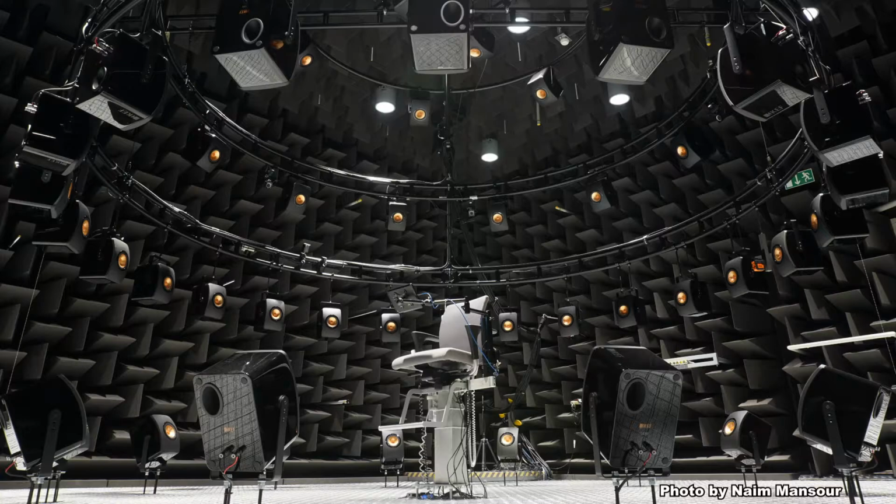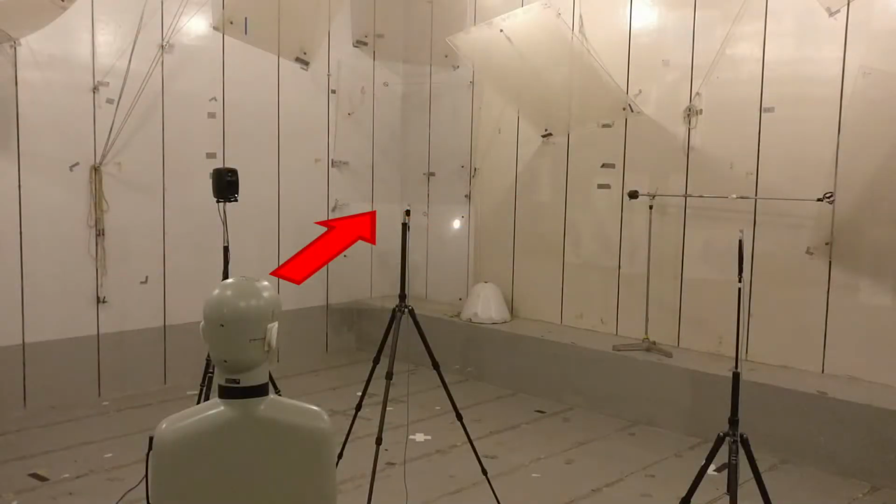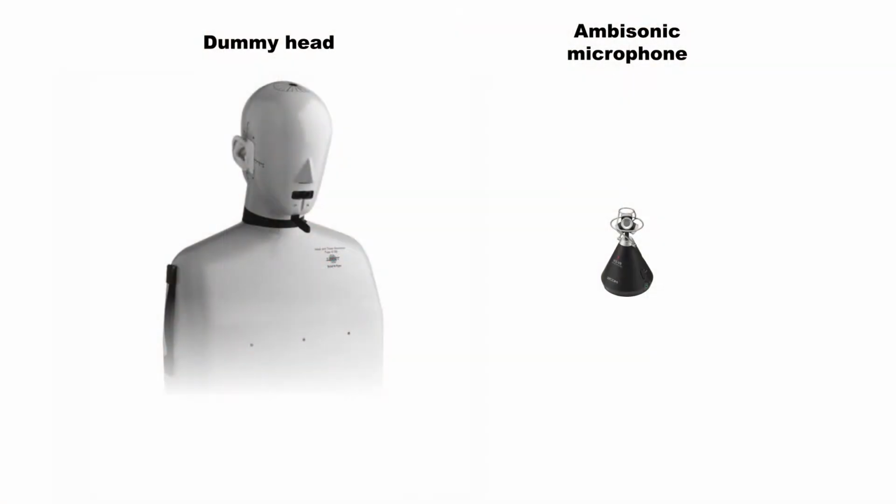Ambisonic playback is not restricted to a specific number of speakers, but instead, it can be decoded for playback on any number of speakers, regardless of the number of recording channels. So, any ambisonic recording can be decoded, for example, for binaural or 2D surround listening. Also, when decoding for binaural auralization, the listening orientation can be freely adjusted, whereas using a dummy head results in a fixed listening orientation. A dummy head can be bulky to transport, whereas ambisonic microphones are highly portable.